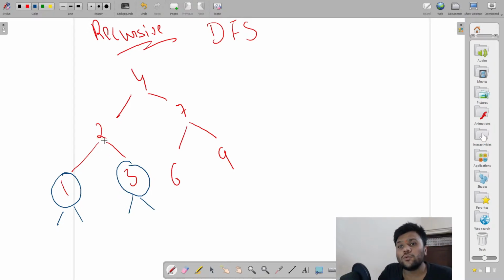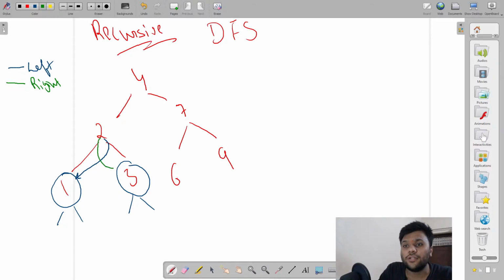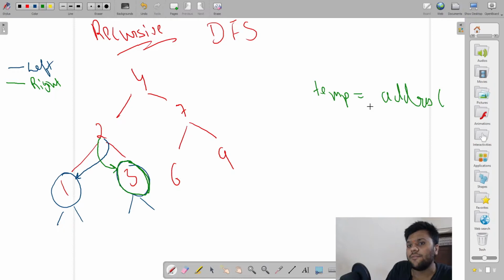When I am on the 2, my node pointing on the right will start pointing on the left. This one is pointing on the right, but now it will point to my left. Blue is for left, and I will say green is for right. The blue one will start pointing to the right, because it's on the left. Now you will ask how this is going on. I will create one temp which stores the address, let's say this is 1, which is on the left. So it's storing my left address.